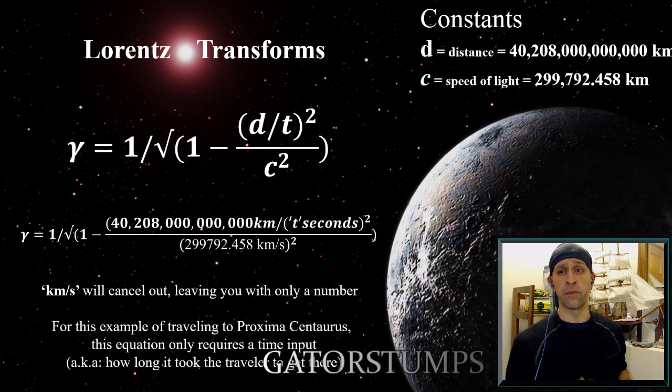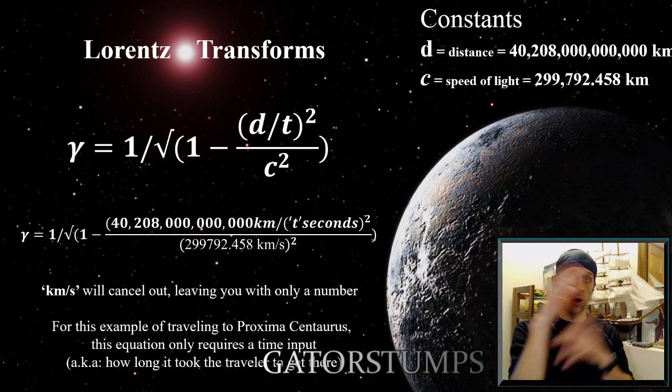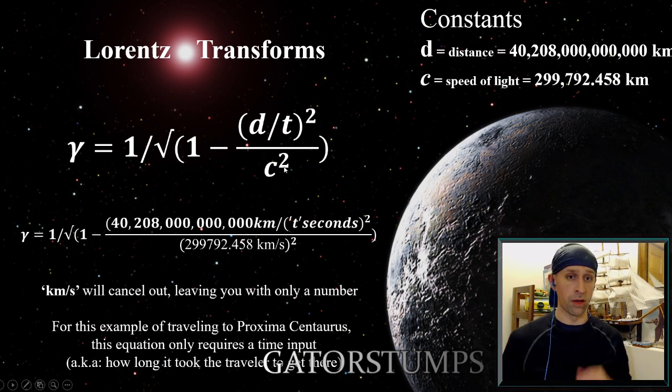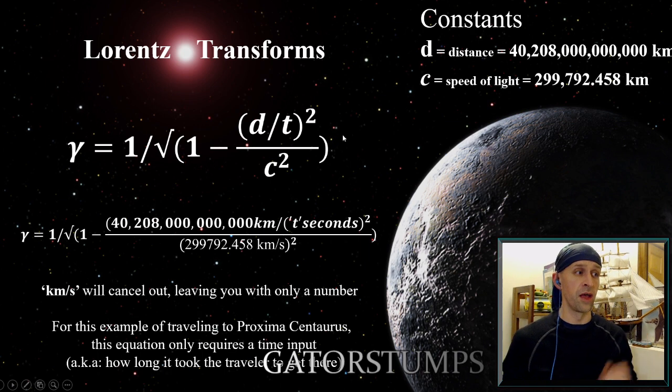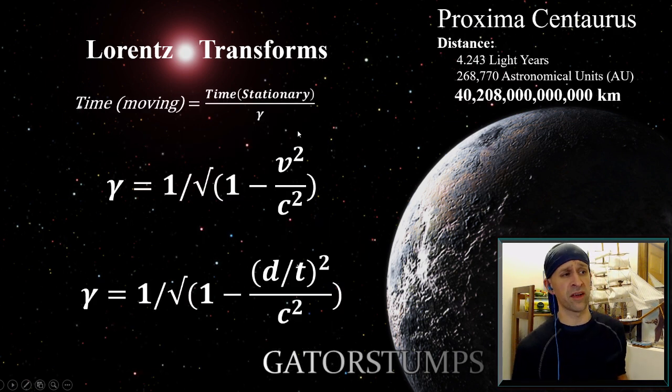But if we take that bottom equation, we can actually plug numbers in. We know what the distance is. We know what the speed of light is. So we can get rid of all those variable numbers. What that leaves us with, because we know what D is, because we have a set D location, because we know how far away that star is, and because we know what C is, because the speed of light is constant and it never changes, the only number that determines what gamma is, is T, the amount of time it takes to travel. So if I skip back to this real quick,